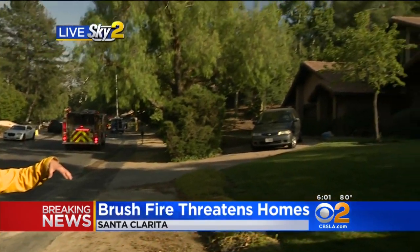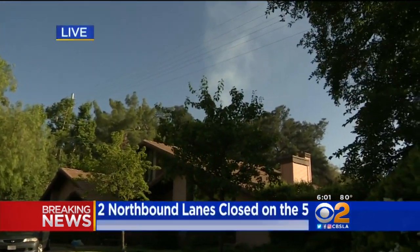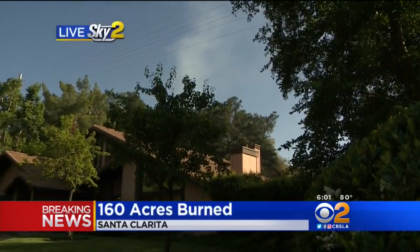Jeff? Peter and Amy, things are much better now than they were about an hour ago when we last checked in with you during our last report. The air is starting to clear up, even though there is some smoke rising over there. We got to the street about half an hour ago, and the smoke was really thick. There were a lot of fire crews here, but they have since moved on. But what I want to do right now is go ahead and roll some video that we shot earlier, because